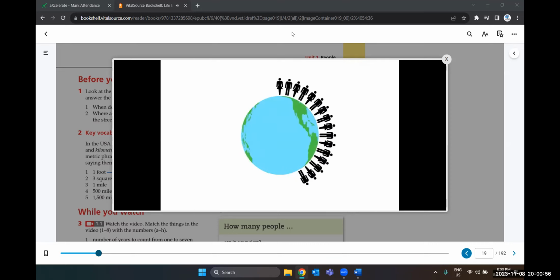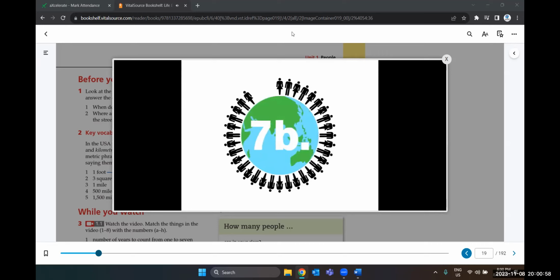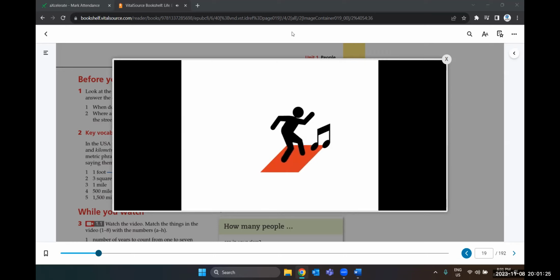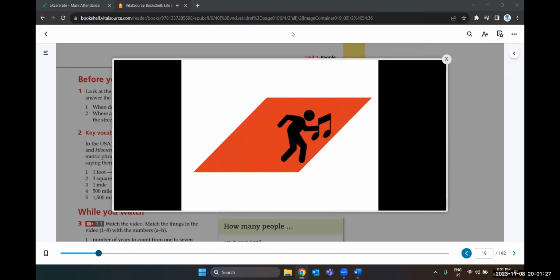And what about a party with 7 billion people? Everyone can come. But where on earth is there a place for a world party? Let's go and take a look. Actually, a place for 7 billion people isn't very big compared to the Earth. One person needs about 3 square feet. But it's a party, so everyone needs about 6 square feet. So for everyone in the world, that's about 42 billion square feet, or 1,500 square miles.